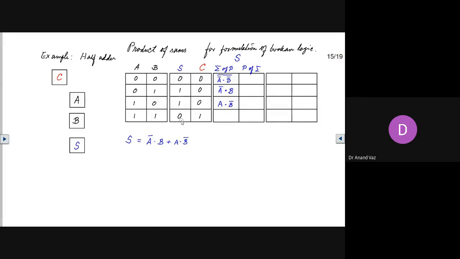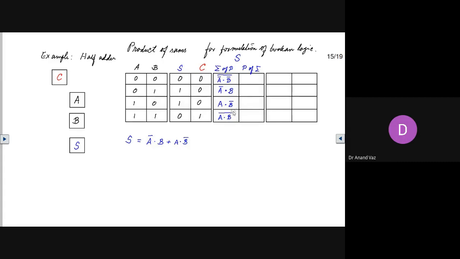In the same way, here also we have a 0 corresponding to this. If we take A and B, we will get 1, but we have a 0 here. So corresponding to this input pattern, if we always want a 0, then this should be A and B not.